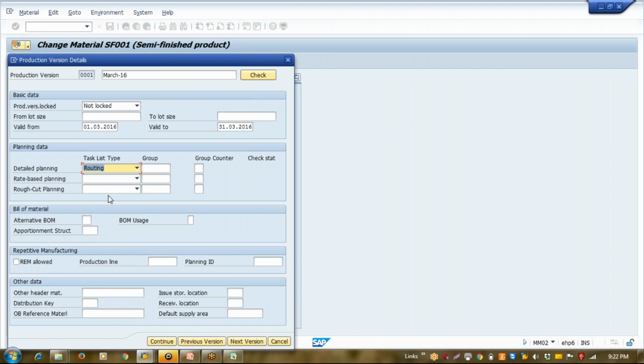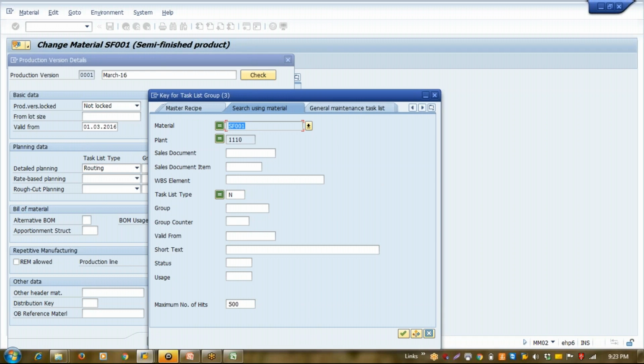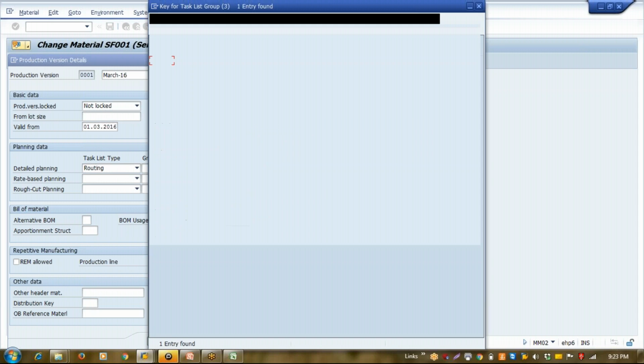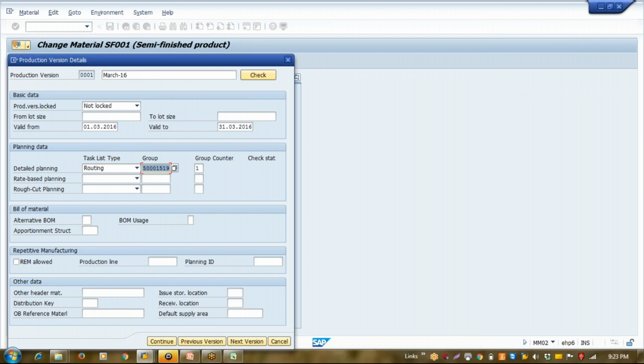So I select, I want to assign routing. Now simply press F4. I want to search it by using material. So this is a routing I have. So I assigned my routing number here. Now